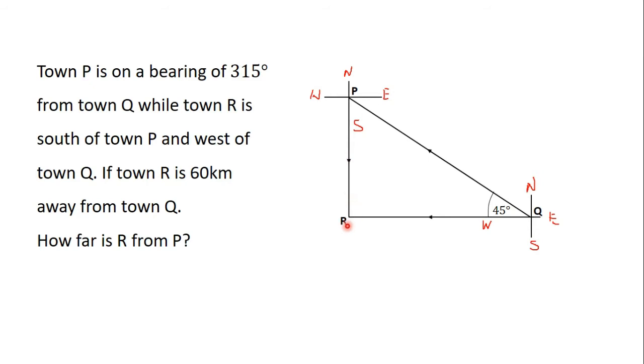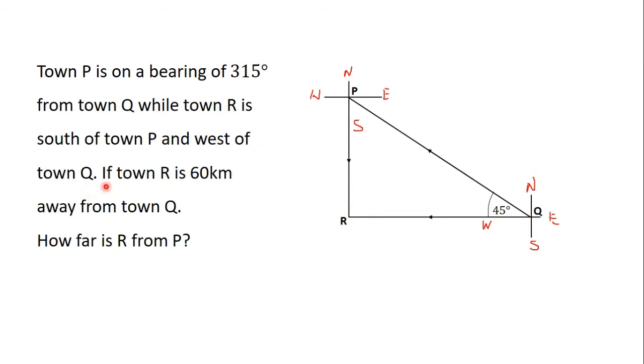Now that is where town R is. Once again, town P is on a bearing of 315 degrees from Q. We drew the bearing for it, while town R is south of town P. So if you want town R, it is at the south of town P, which is in this direction,